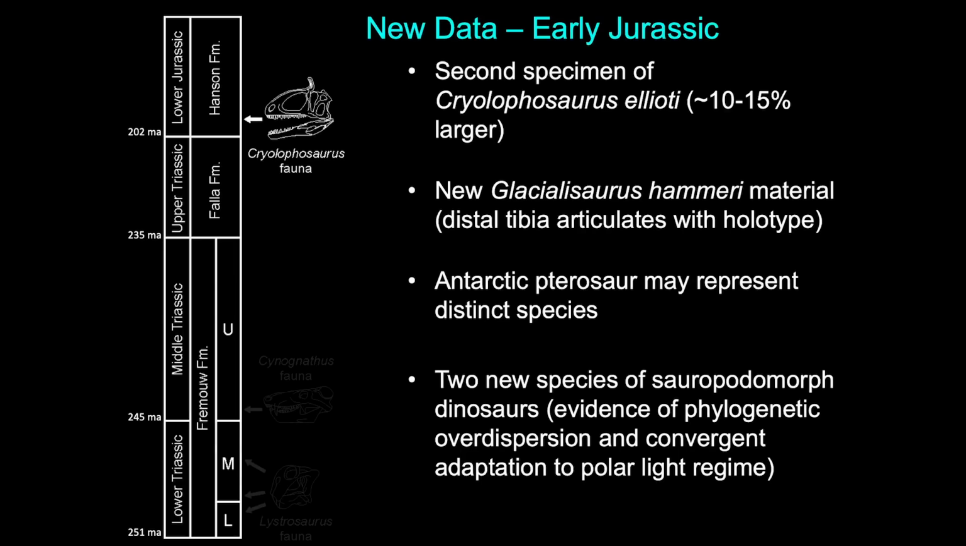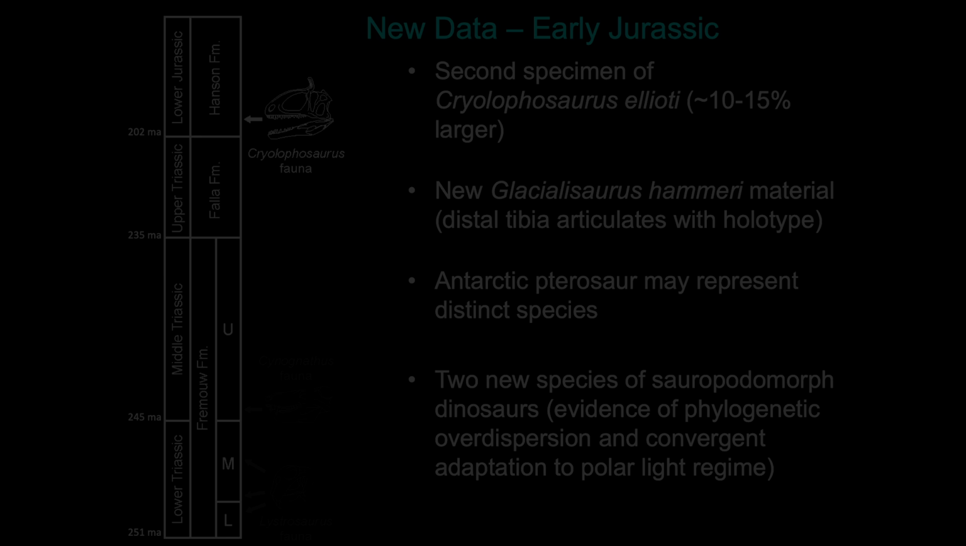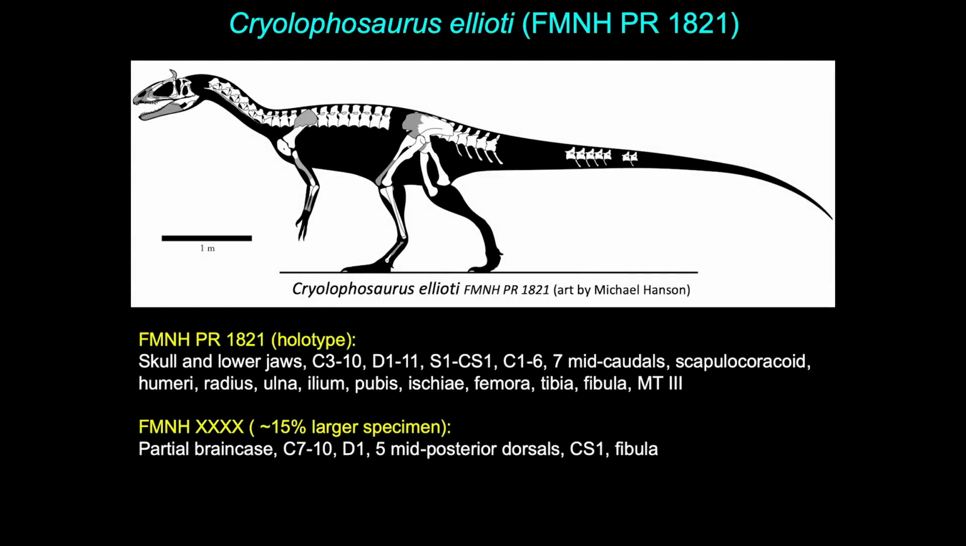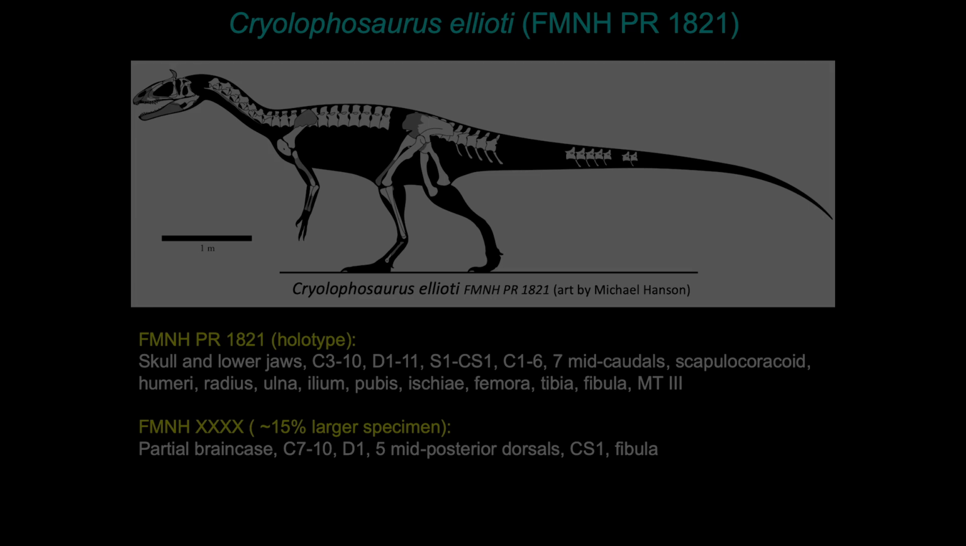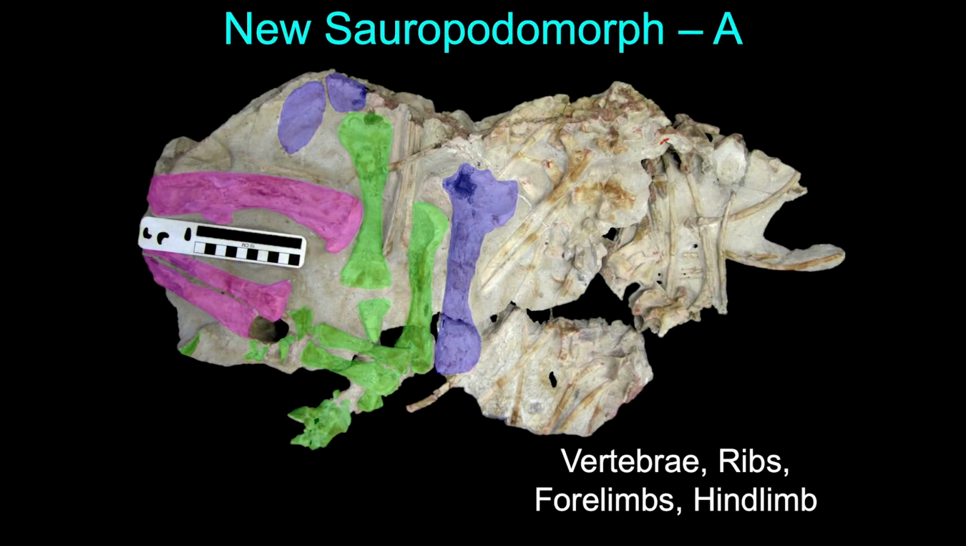of these dinosaur groups. And of course, work on the early Jurassic dinosaurs continues, and we've brought a lot of great material back from that last expedition. We now know that we actually have multiple specimens of Cryolophosaurus, some new material of Glacialosaurus. Right, so here's an overview of some of the skeletal elements of Cryolophosaurus that we know of right now. And the one thing that we're really excited about is some new sauropodomorph material, including what we believe to be